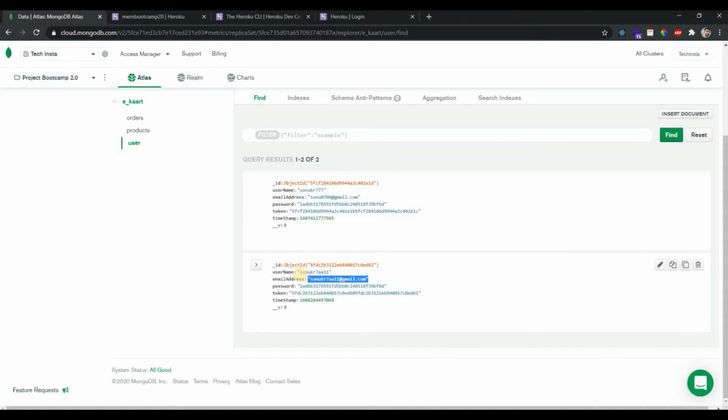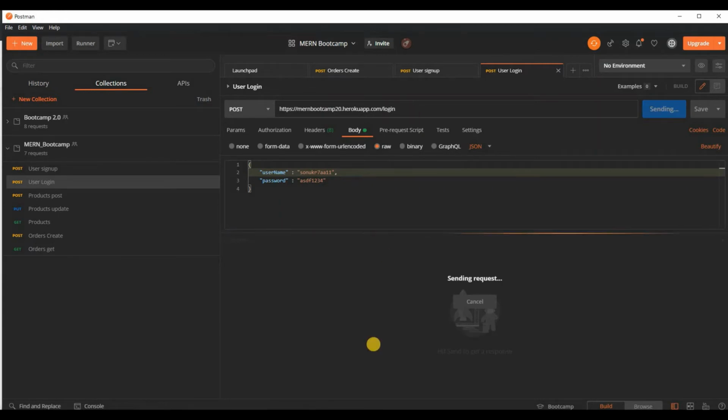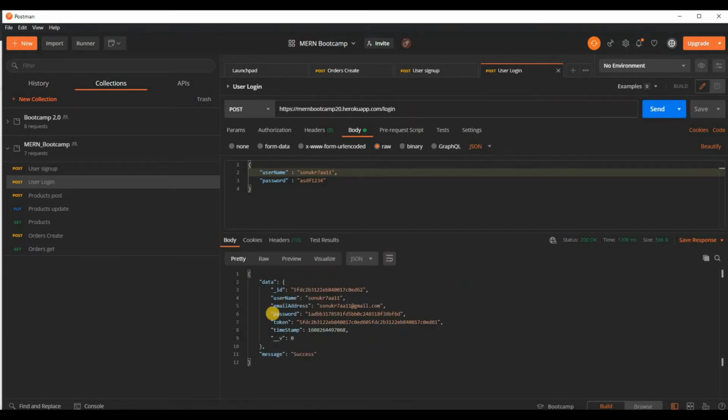If I write this and over here, if I write this, and let's just save this and see what happens. See, we got the data returned. So our post user sign up and user login are working fine. That is pretty much a validation that yes, we have deployed our APIs on Heroku.